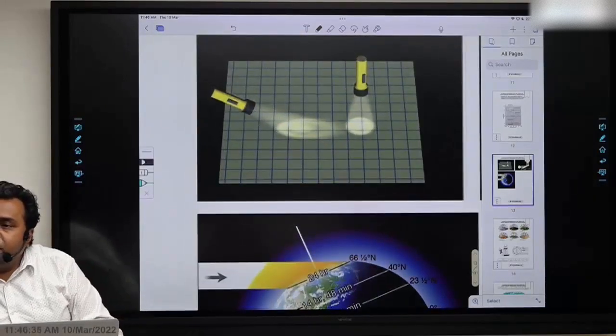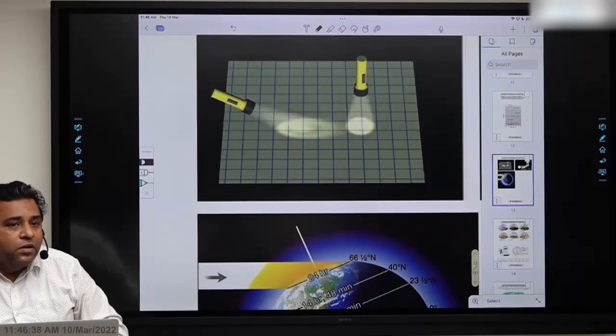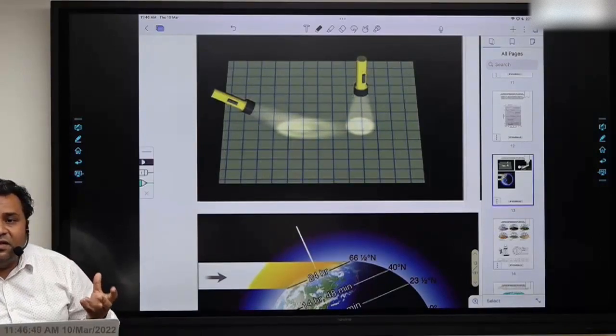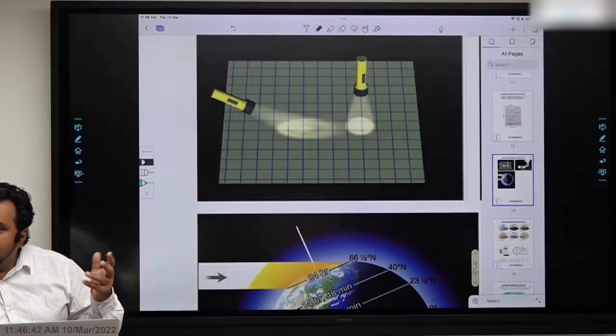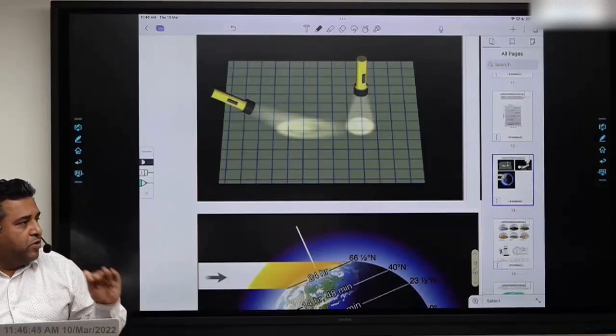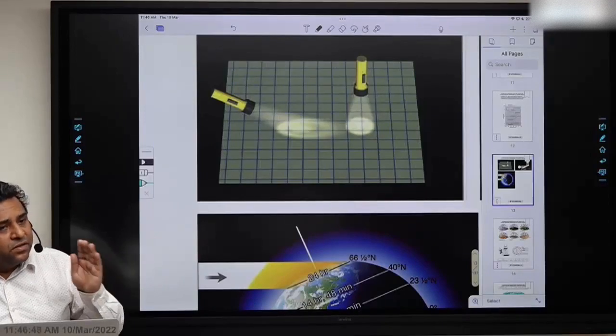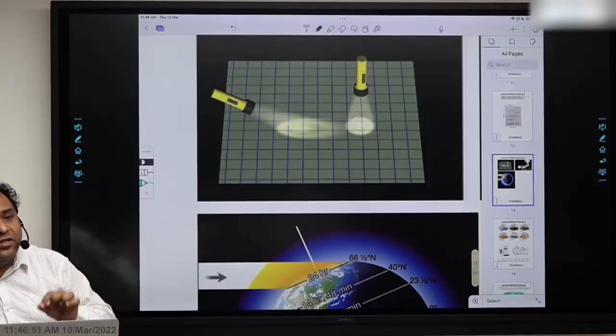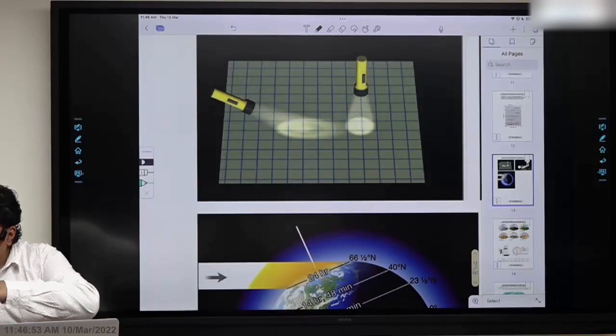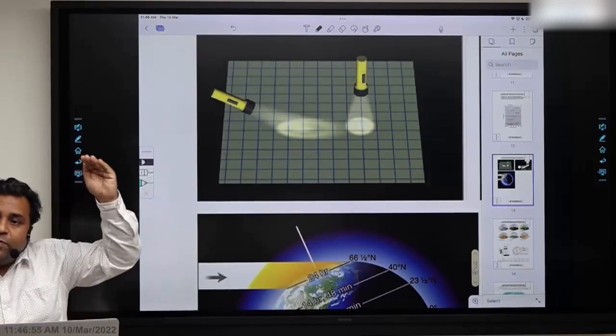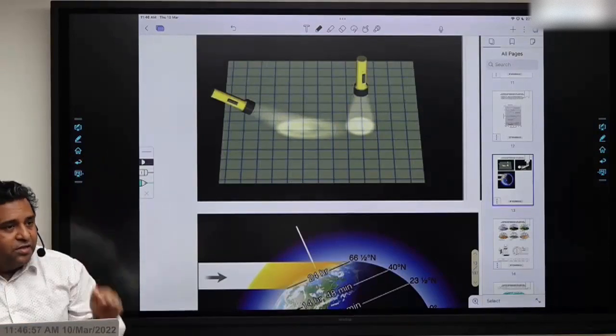If the sunlight is more perpendicular, it is brighter and more intense. If it is more inclined, it is less. Because of this, at different places on the earth, we do not receive the same amount of sunlight on the surface of the earth. This time it is the surface. We are not talking of the top of the atmosphere. We are talking about the surface of the earth.